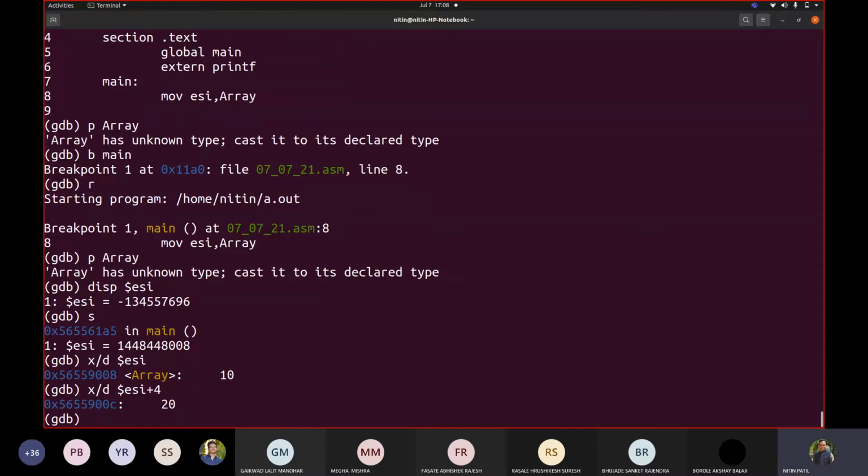So if I say ESI plus 4, then what is it? Is it the next value? Yes, correct. So if that is the case, how should I display that 10 in the outside world? Here you might have seen I'm adding 4 and then trying to display it this way.